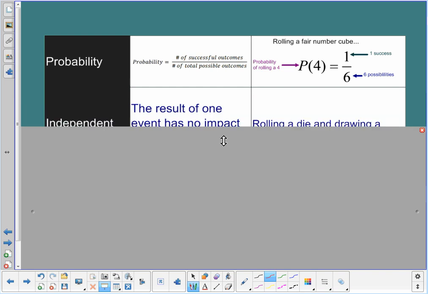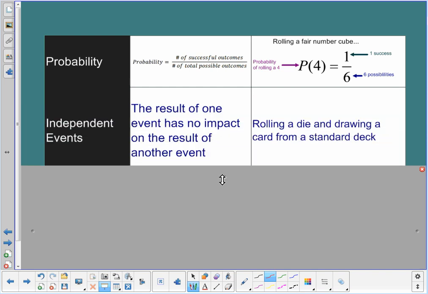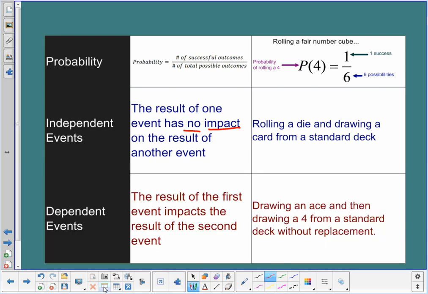So independent events is when the result of one event has no impact on the result of another event. No impact. And then I'm sure you can think of what dependent will be. Now the result does impact the other. So this one impacts the second. Okay. If we look at examples for both of those, if I look at independent events, rolling a die and